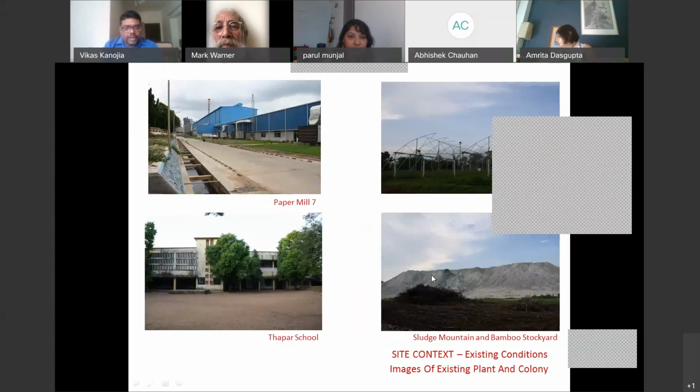Going further, that's the paper mill, Ballarpur. The Thapar school, the nursery areas, and they have been working for more than 60 years. These mills produce pulp, and there is a lot of wastage that happens when you produce paper. Ballarpur paper is the paper we all use in architecture colleges, and they are the biggest suppliers of paper all across the world. But they also produce a waste, which is the sludge mountain image that you see